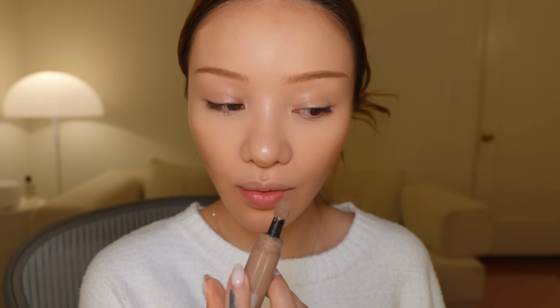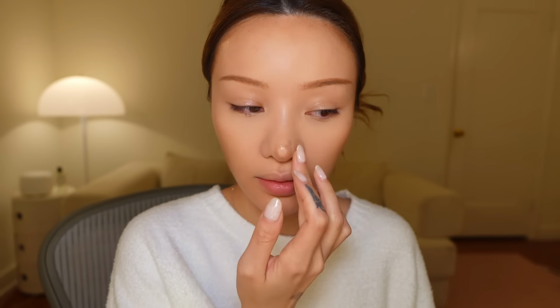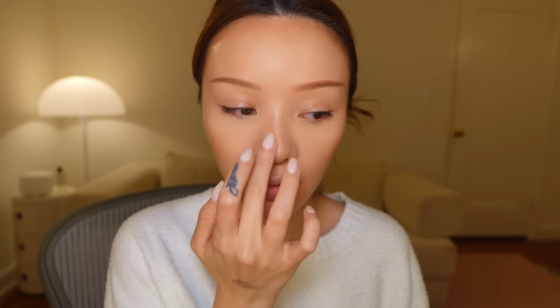I'm probably gonna touch it up later when I do my eyes, but this is the rough shape. I'm just gonna quickly contour the nose. This is something I can't show you guys yet, so I'm gonna do my blush off camera real quick. Okay, blush is on. I put it quite high on my cheeks, a little bit on my nose and on